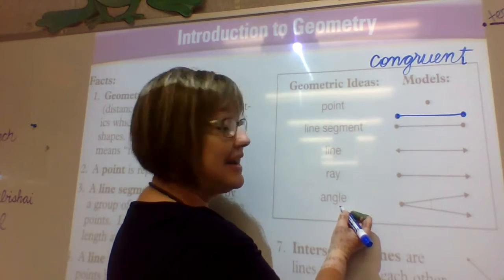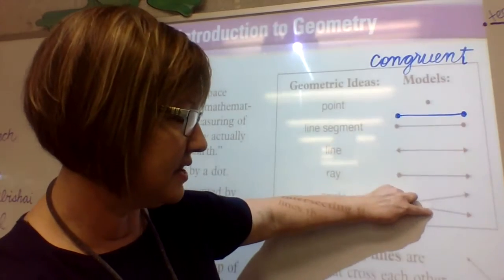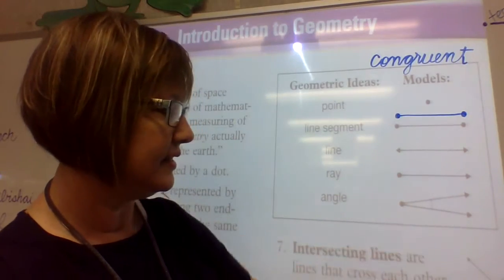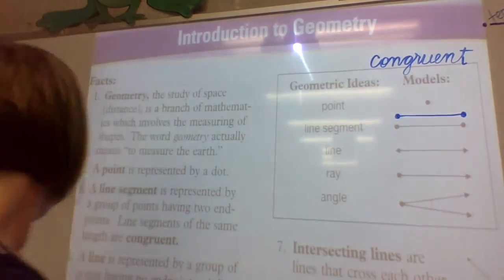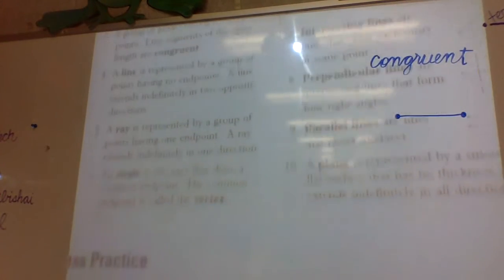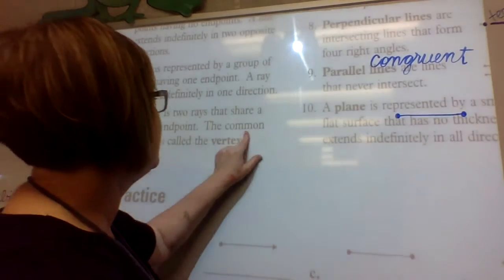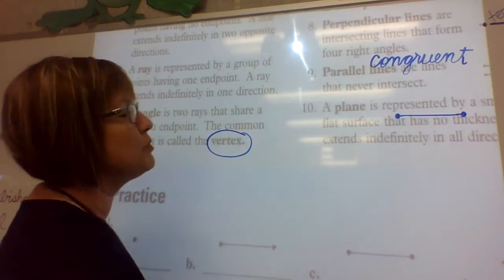Then what we have here are 2 rays joined together by one common endpoint. That's called an angle. I'm sure you know what an angle is. It has this little thingy here that's kind of showing us, let's see, does it tell what the name of that is? I don't know what the name of that is. No, it doesn't tell that. But one thing that I do need to point out to you is